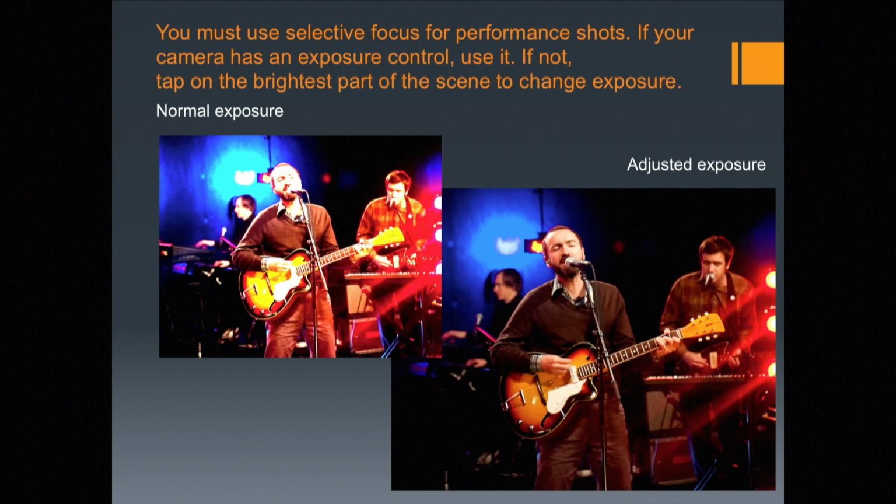So in this case, there were 2 people standing right next to each other with the same model camera. One of them just took it as you see it on the left. The other person touched that performer with her finger and got that gold box, and it had the sun scale next to it. She lowered the sun scale down, let that background go really dark, and got a proper exposure for the person